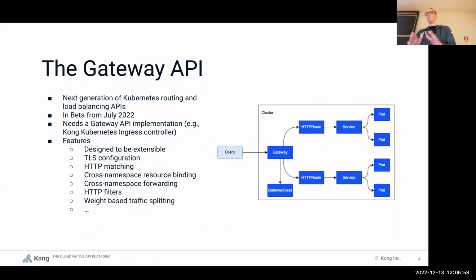It means that we can perform routing based on, for example, some headers in the HTTP packets. Then we have the cross namespace resource binding and cross namespace forwarding. What does it mean? It means that you can have some components of the Gateway API in, let's say, namespace A, and those components can refer to a service in namespace B in a native way,